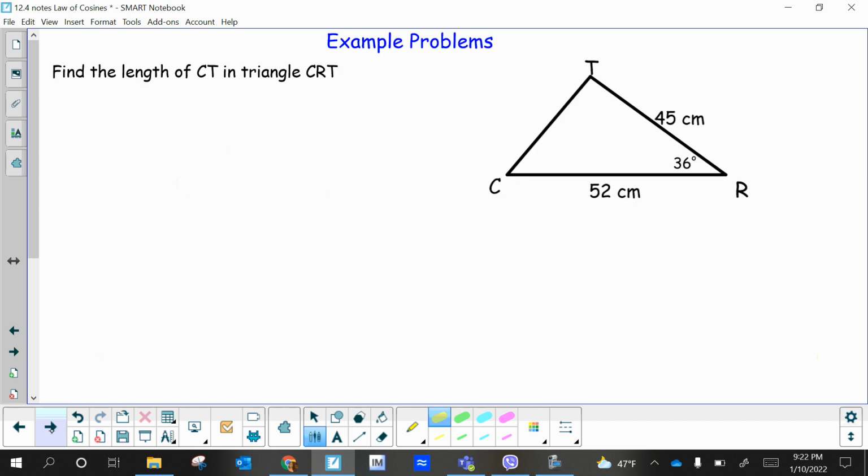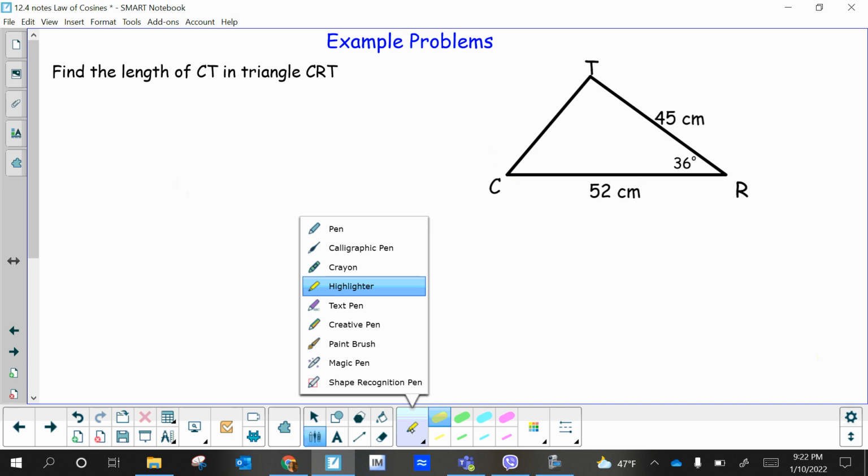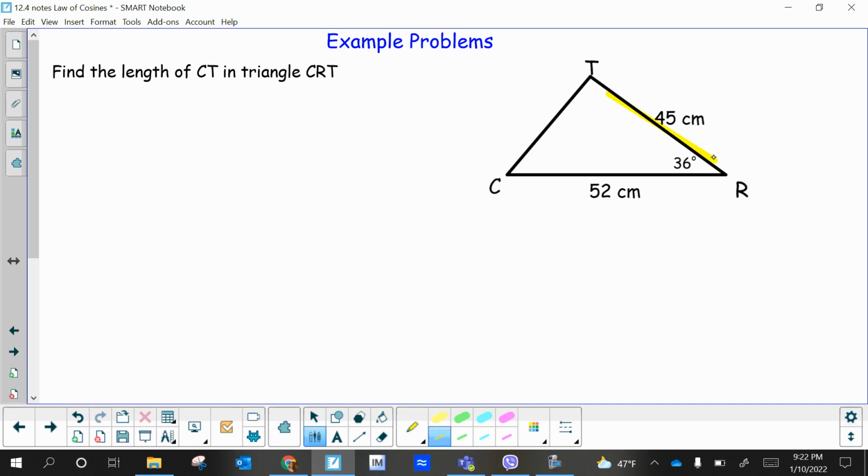So first problem. Oh, I noticed right off the bat, it is a side, angle, side situation. So guess what? We're using law of cosines. So here I go. I got to solve for CT. So that's this one over here. Let's use the letters that we're used to, and you can always scratch these out. This is going to be B. Therefore, this is little b. This will be A. Therefore, this is little a. Okay. So we're going to just plug in those to the formula